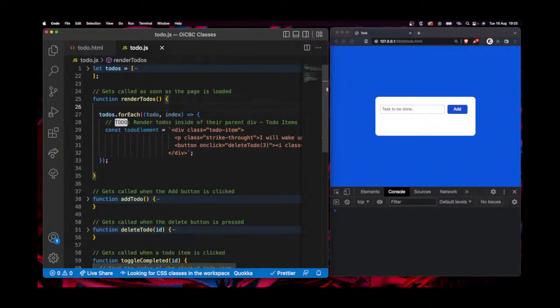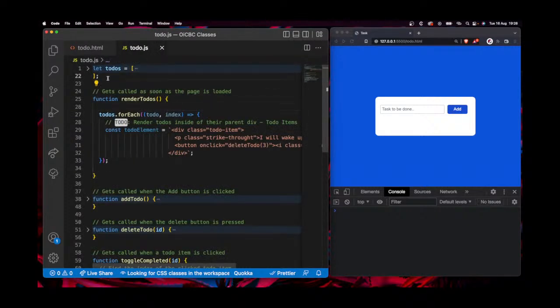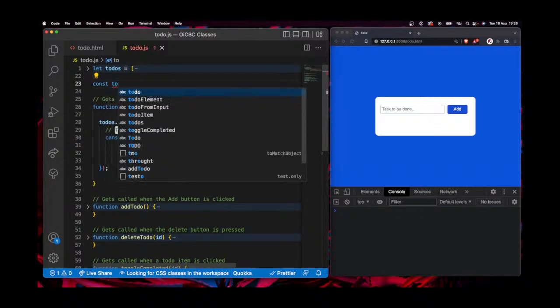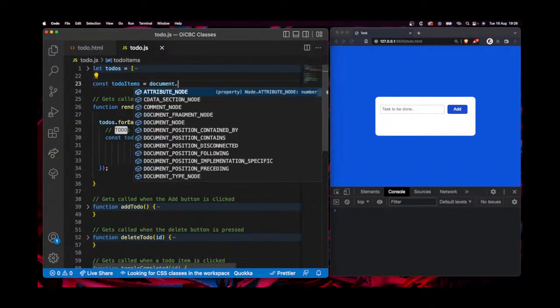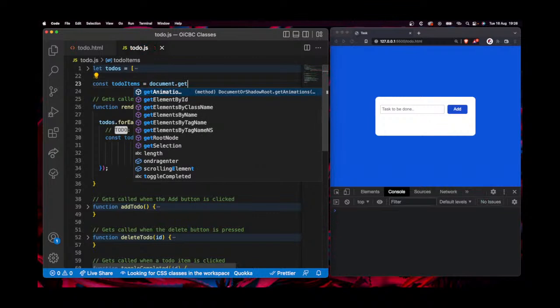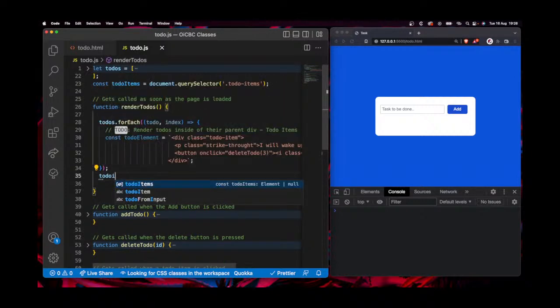We want to select these to do items element. So we'll bring that outside here and say const to do items, which is the div that contains all the to dos. We'll do document dot query selector, and then we'll do to do items. So these are to do items. So we are going to say to do items dot inner HTML will be equal to